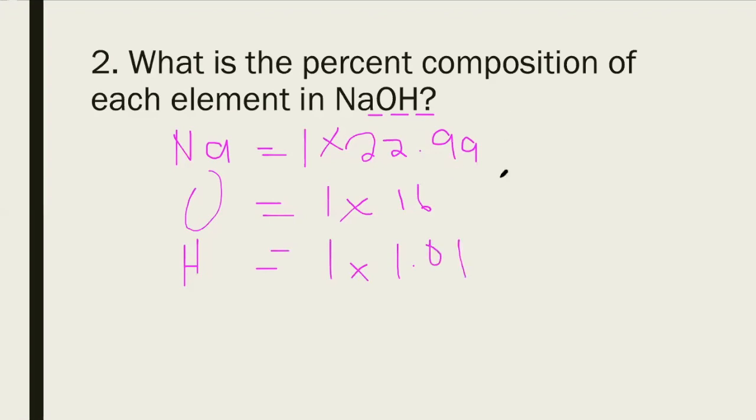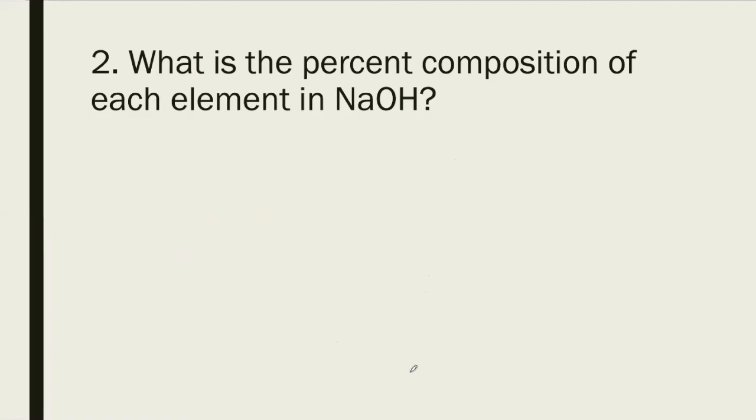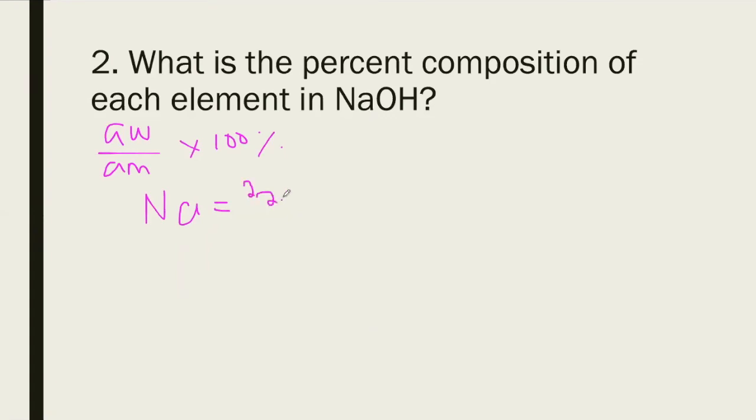So we're going to add 22.99 plus 16 plus 1.01, which will give us 40. So the atomic mass is 40 grams. So now, again, atomic weight over atomic mass times 100%. So let's do Na, which is 22.99% over atomic mass, which is 40, times 100%, and that will give us